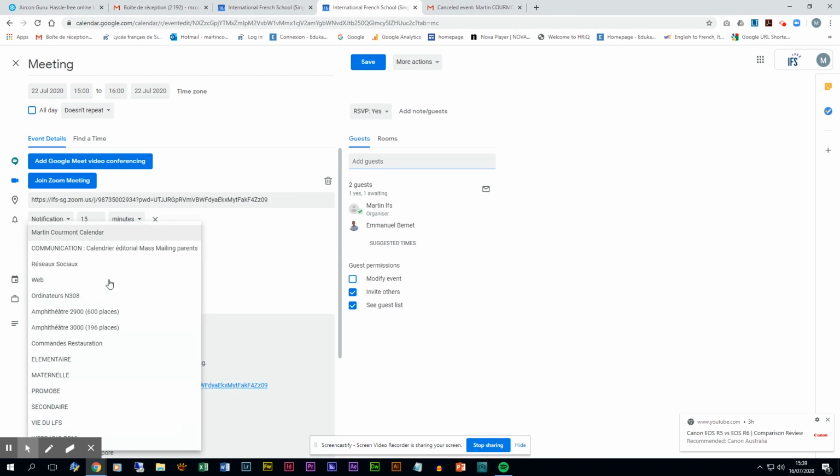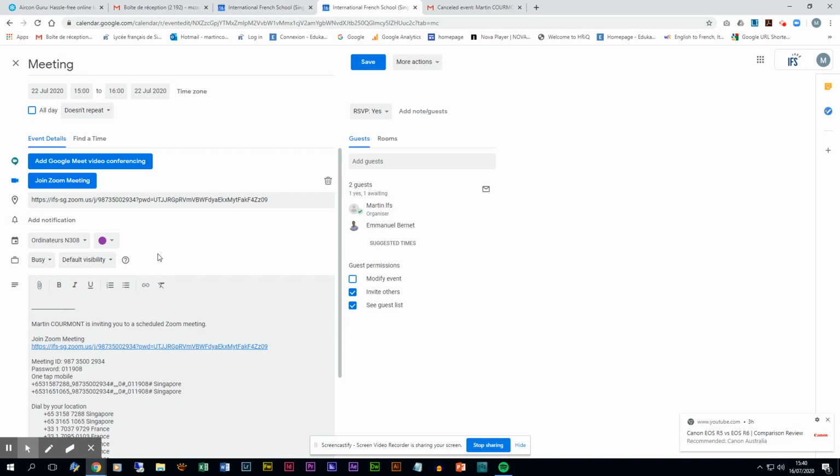If you click here, you can change which calendar your event belongs to. For example, if you want to book the computers and the iPad of the N308, just click, and the person in charge of this iPad or computer will know that your class will need this computer and this iPad at this moment.